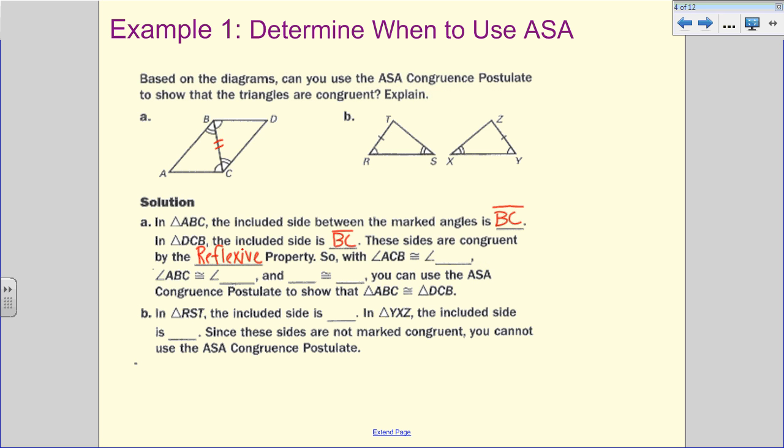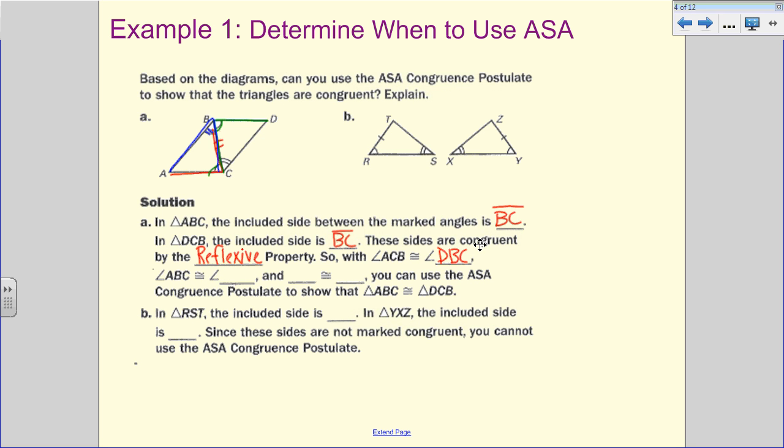So if we take a look at angle ACB, it is congruent to angle DBC. We have to mark our one angle with our one angle, so that's D, B, C. And then angle ABC, if we go A to B to C, that's our two mark, is congruent to